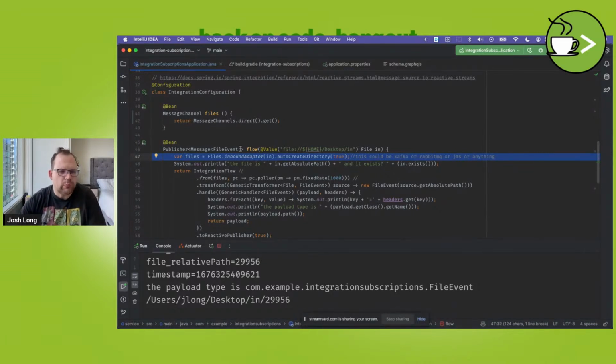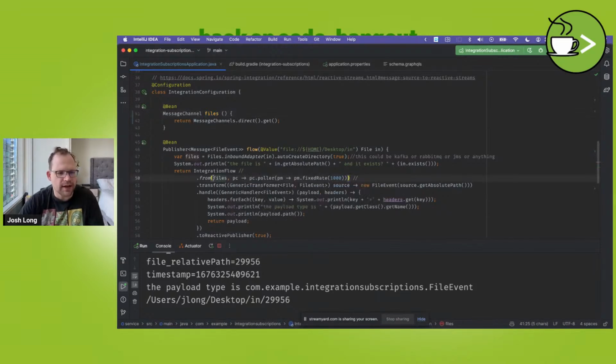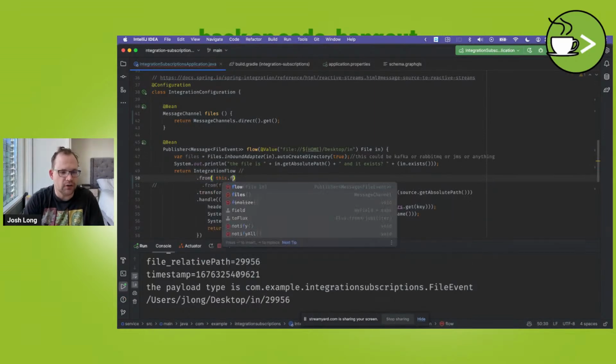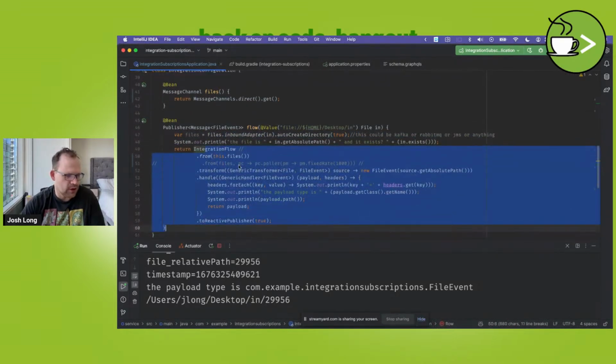So yeah, that's what we're going to do. And we're going to say, as long as it comes from this files channel, then we can do the same logic. Everything else will be the same. So we comment that out and we'll say dot from this dot files. Okay. As each record comes in from the file channel, we'll take the data that passes through it, which we assume to be a file, and then we'll apply the transformation to turn it into a file event, and it'll continue to read the reactive stream. So now we've broken up the source of the data from how it gets consumed,